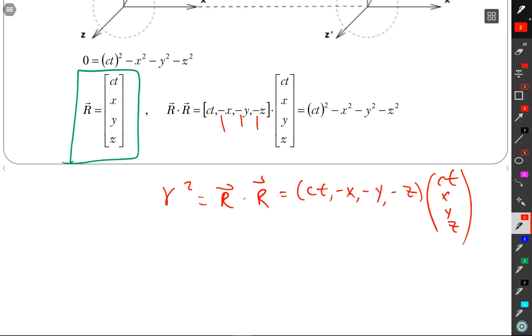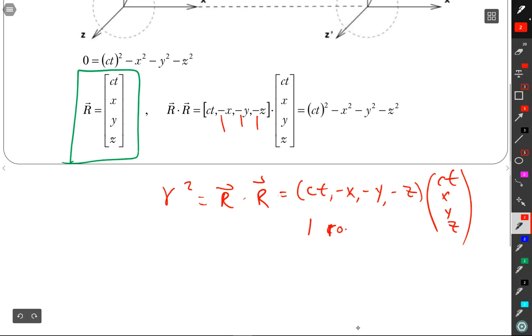How many people are comfortable multiplying a row vector by a column vector? Yes, Chad better raise his hand. He's had to do it. Nathan says he is. The others didn't raise your hand, so let me go through just how this works. When you're multiplying vectors or matrices, you take a row in the first one and a column in the second one, and you multiply the components in order, and that makes the result in the row and column that you used. So in this case, it's 1